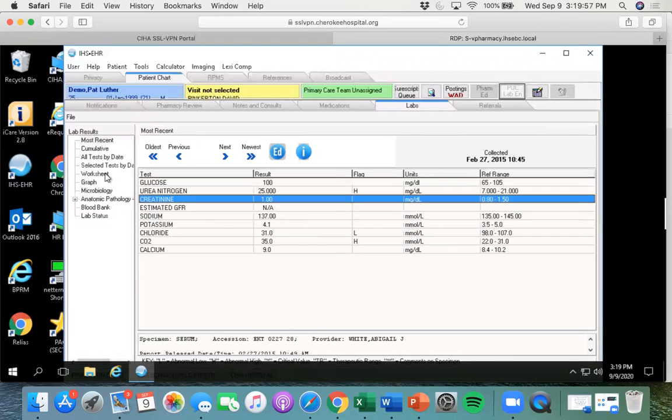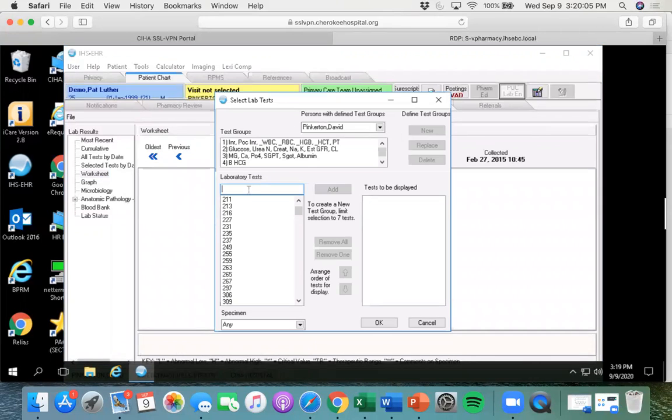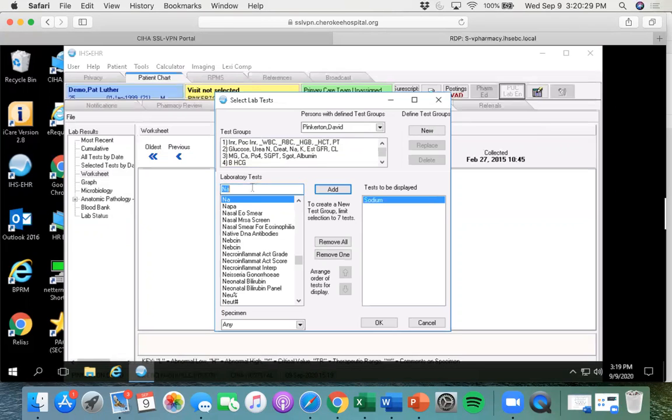The other way that we can look up specific labs that we want to see is to come to this worksheet tab. And actually in the help guide that we've emailed out to y'all, it walks you through how to set these labs up for yourself. But just real quick, if I wanted to set up a basic metabolic panel like I have listed here, you would just come in this lab section and you have to look up by typically what the abbreviation for that lab is. So if I wanted to add sodium and then potassium will just be K,